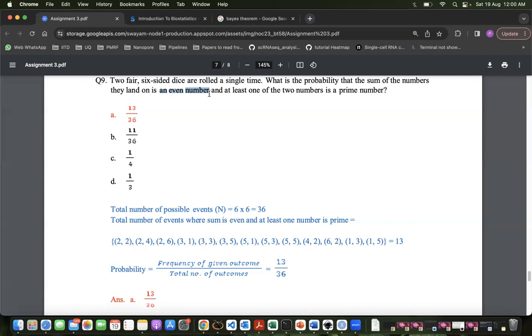I don't know how to answer this. Of course, maybe sometimes that is a trick in the question. Yeah, so if we solve that, again we'll get some other answer. Of course, what you told, I also considered the same thing while calculating. But there is a chance that land on is an even number, that is, an even number on the lower side. That means we will get an odd number on the upper side. Then again the calculation will change.